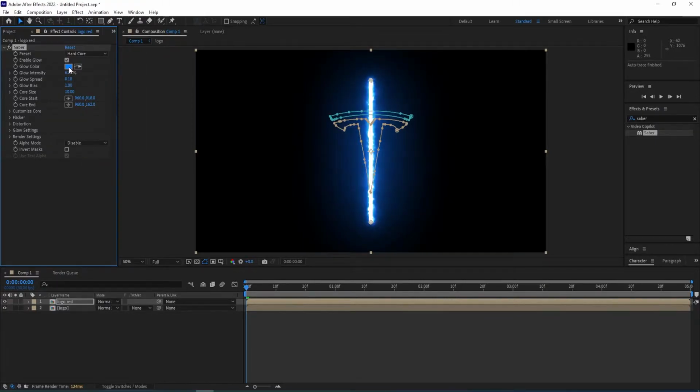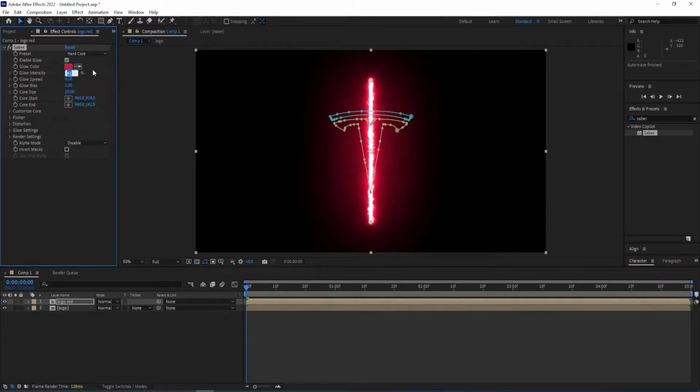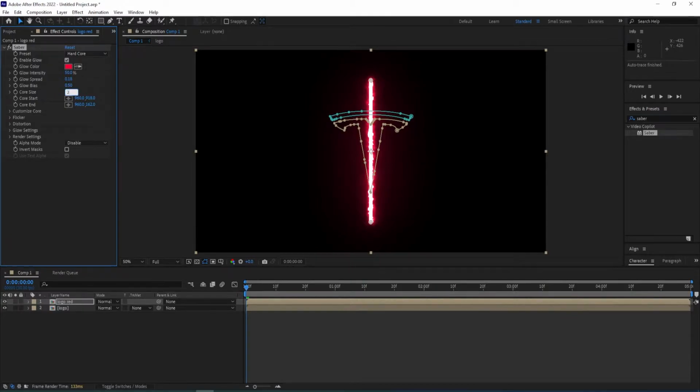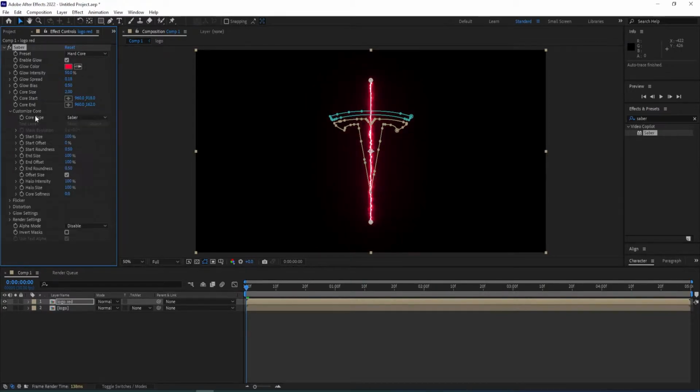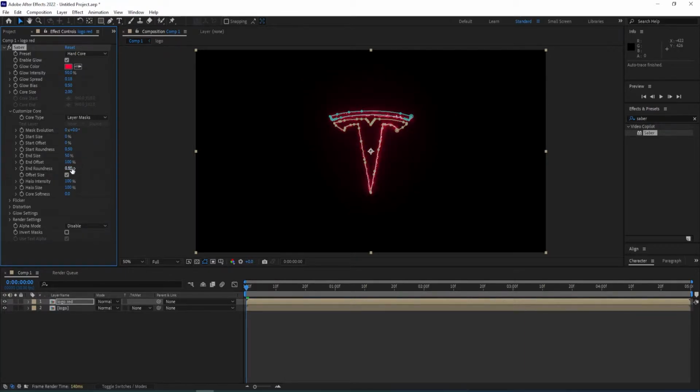hardcore, and then change the glow color to red, and then change this glow intensity to 50, glow bias to 0.5, and then core size, change this to 2. And then we jump to customize core, change this to layer mask, and then we change the start size to 0, and then we jump to end offset, we change this to 50%, and then we change the end roundness to 1%. I uncheck this one, and then by going to this render settings,